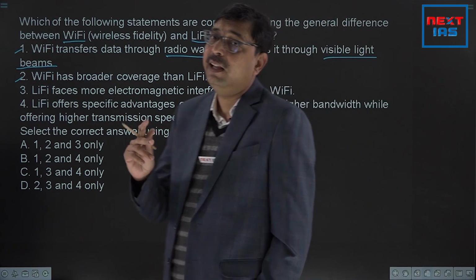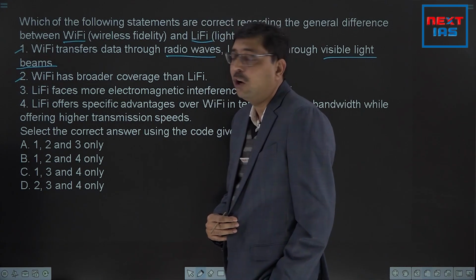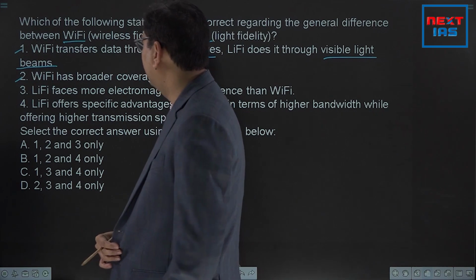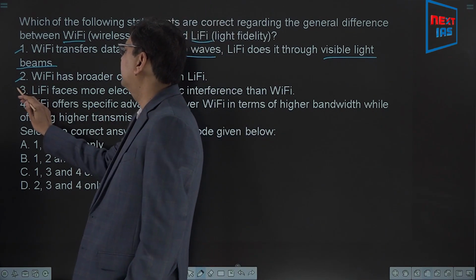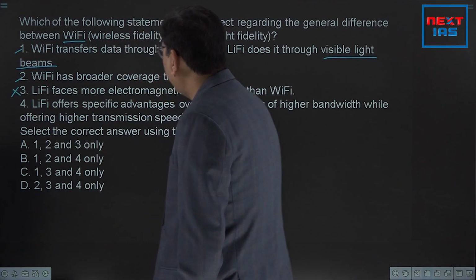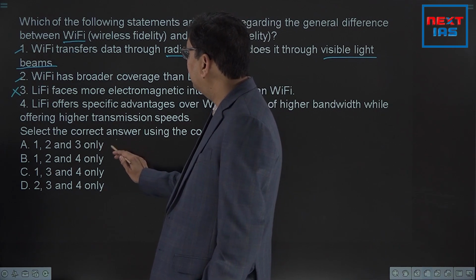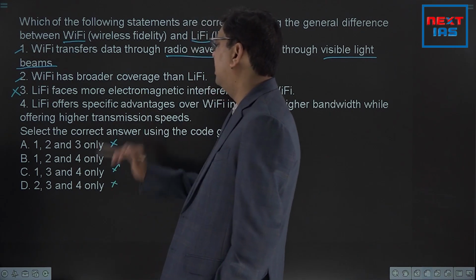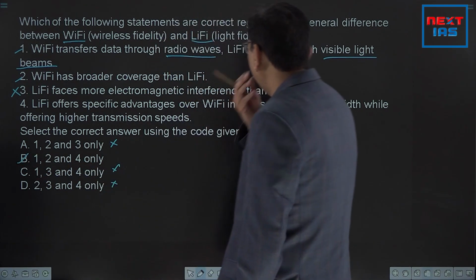No, LiFi is obviously using visible light. Optic fiber it will be using, or without optic fiber as well, you can say that it will not be having interference. So there will be no electromagnetic interference. So the third statement is wrong. And if the third statement is wrong, this is not the answer, this is not the answer, and this is not the answer. So the correct answer will be B. But let's see,